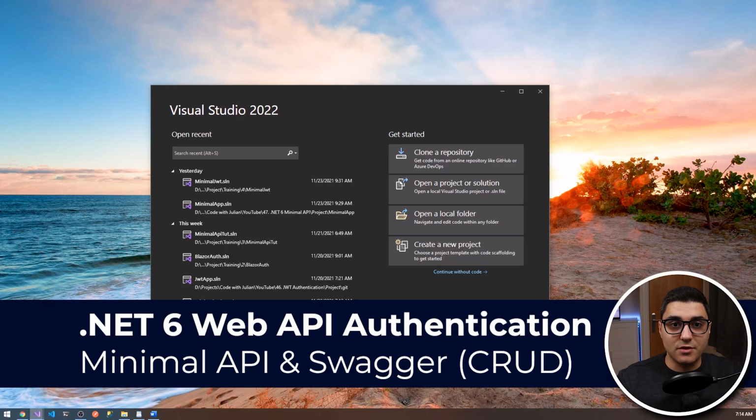Today we'll add JWT Authentication, Authorization, and Swagger support to a .NET 6 minimal API. So let's get coding. Okay, so the very first thing that we want to do is open up Visual Studio